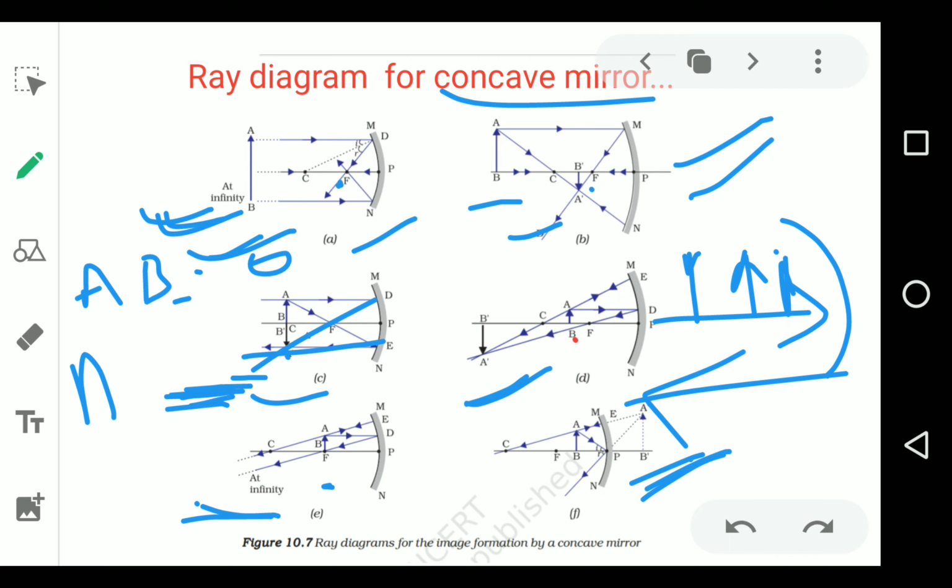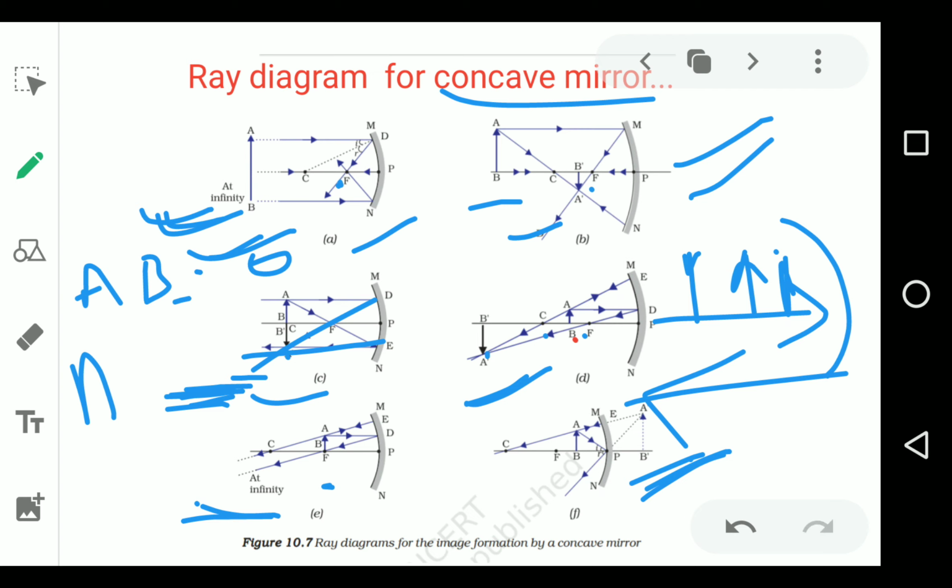So in the D figure, the object has now come a little bit towards the reflective surface, that is, it is now placed between C and F. AB you can see here. So of the incident light rays, one is coming parallel, so obviously the reflected light ray from this will pass through the focus. Okay, and the other light ray is going through the center, so it will reflect again through the center. Okay, and where both of them intersect, at that point you can form the image.